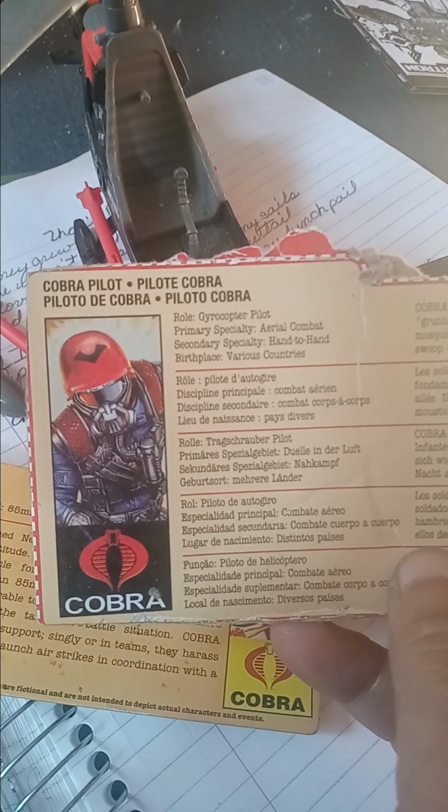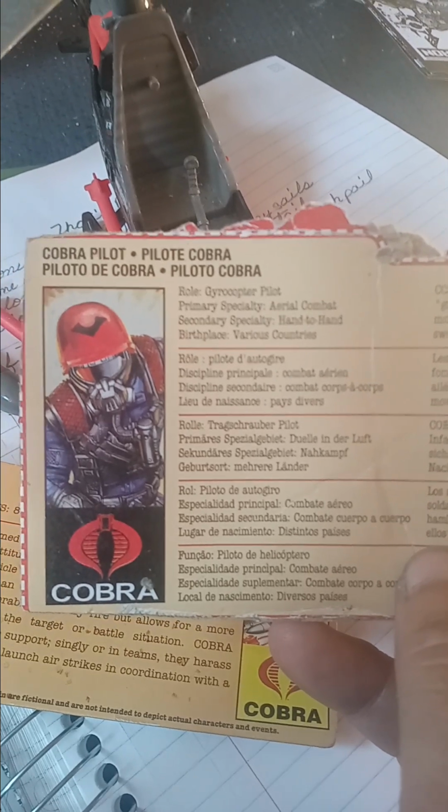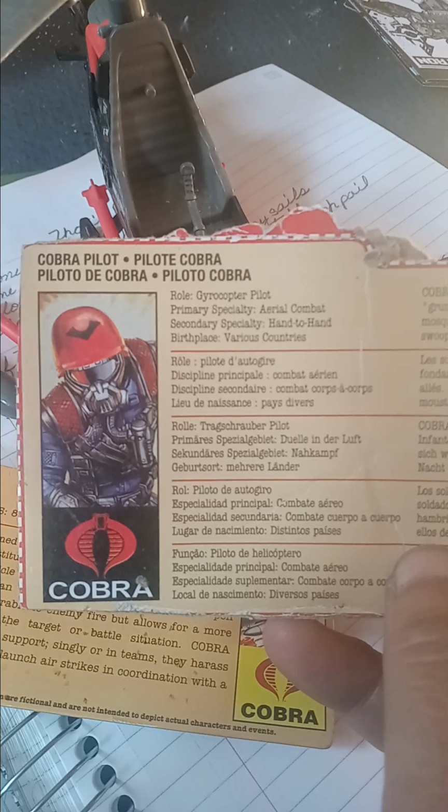So let's take a look at the file card for the retro line Cobra Pilot. As you see, it's in 5 different languages. Cobra Pilot, and it says it through 3 other languages, Cobra Pilot, I guess. Role is gyrocopter pilot, primary specialty is aerial combat, secondary is hand-to-hand, birthplace is various countries. As you see, there's a better photo of the Cobra Pilot with the Cobra logo. The one sentence text says, Cobra air troopers are basic infantry grunts with wings. Like ravenous mosquitoes on a summer night, they swoop down on their targets, which is a summarized version of the